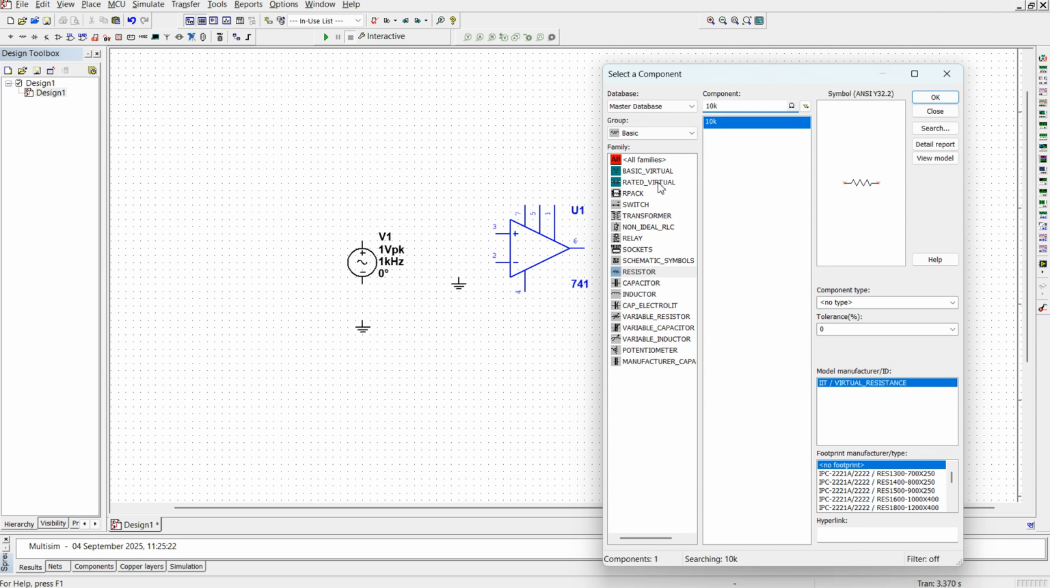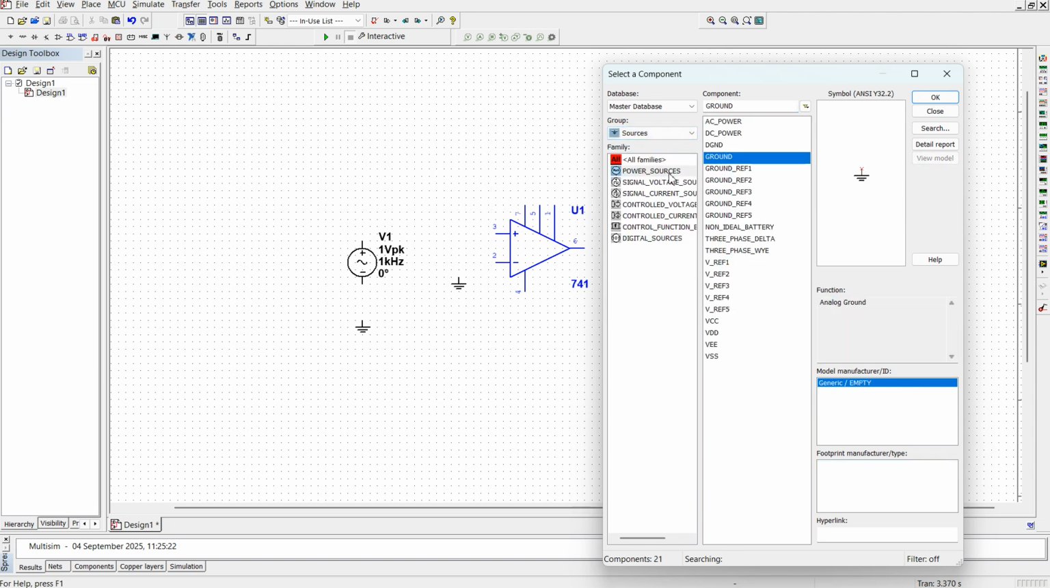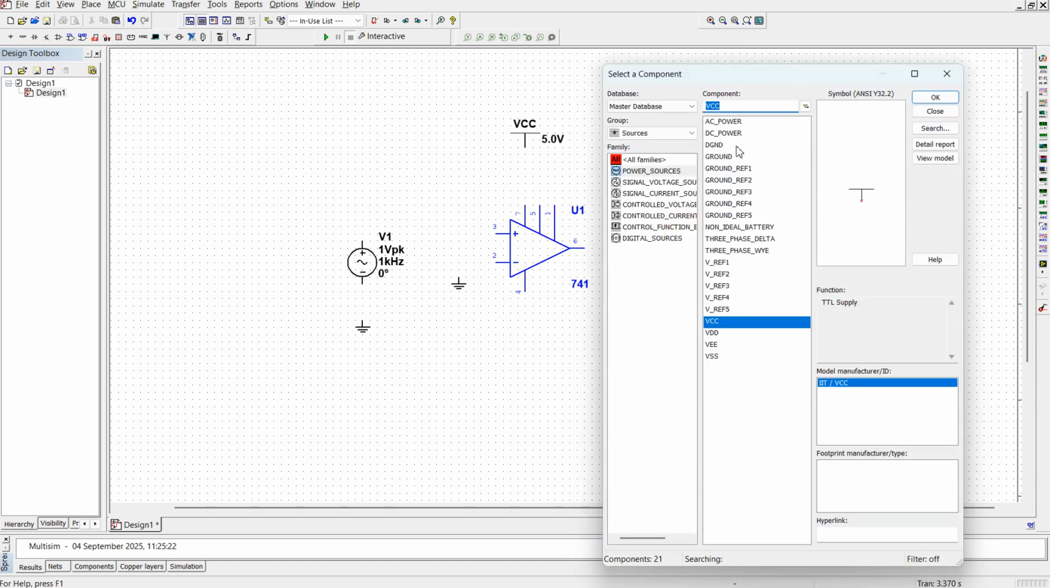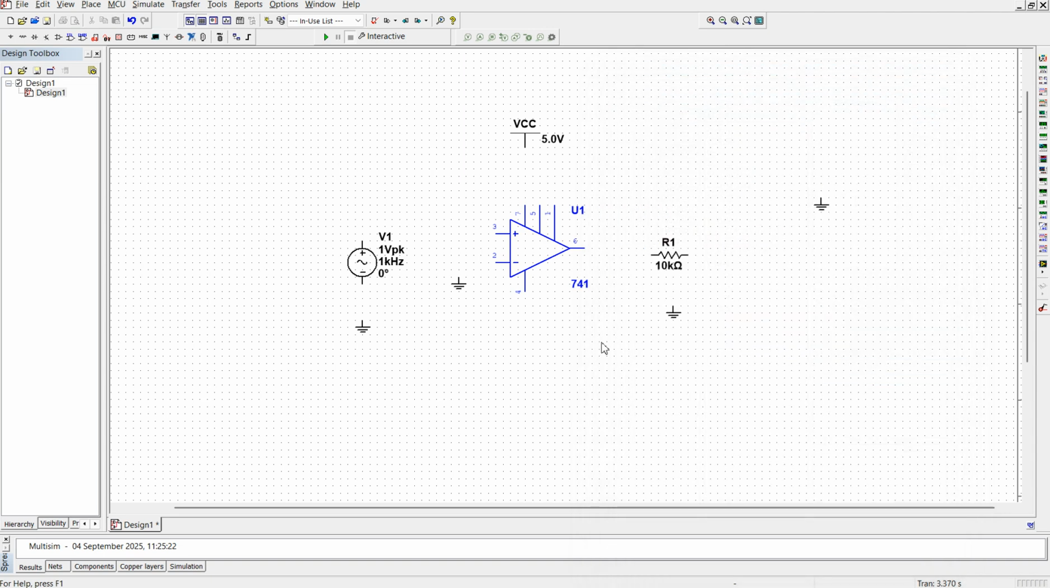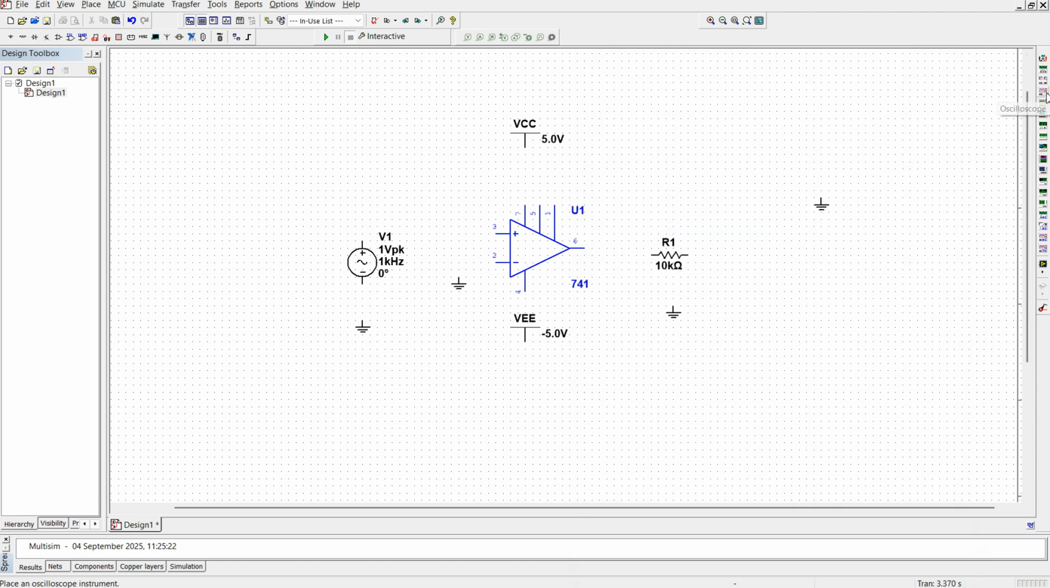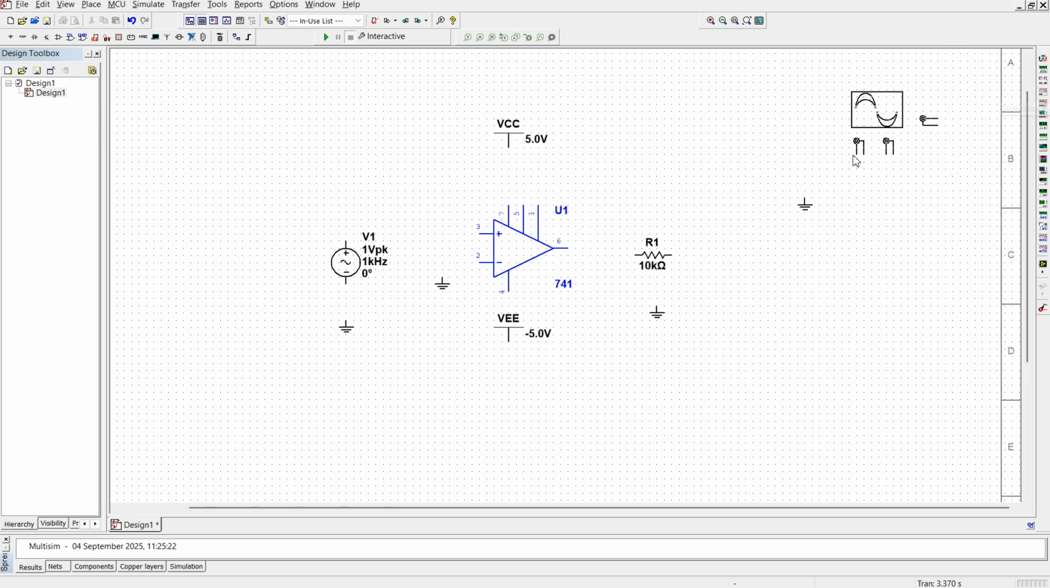And I require again plus VCC and minus VEE. I will go to the sources. In a power source I have VCC, and I have VEE, that is minus VEE. And I also require an output device. In the right side palette you can pick oscilloscope and you can place here. And let me reverse it. You can use Ctrl R,